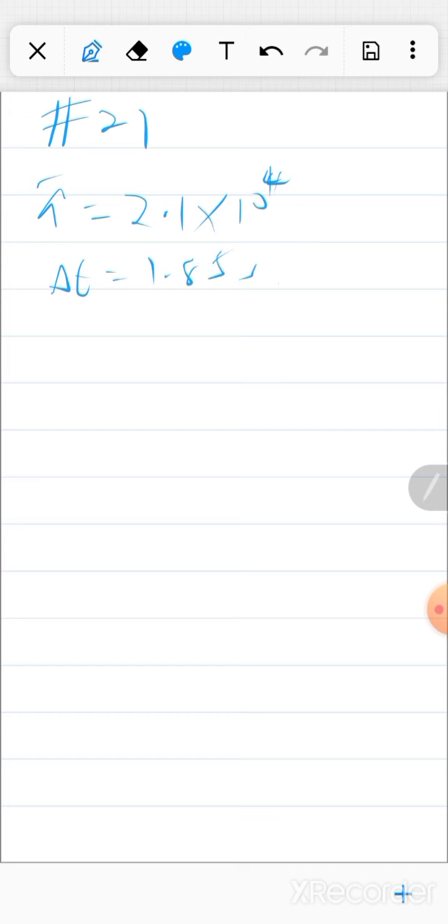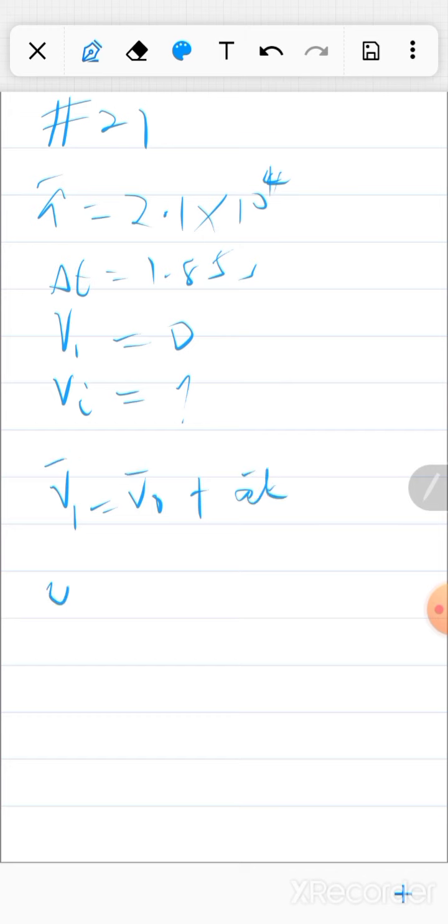So you know the final velocity is 0. They're asking us for the initial velocity. So we can just simply use v1 equals v0 plus at. Now v1 is 0, v0 is what you're looking for. Acceleration is negative because it's slowing, it's a deceleration. It's in the opposite direction of